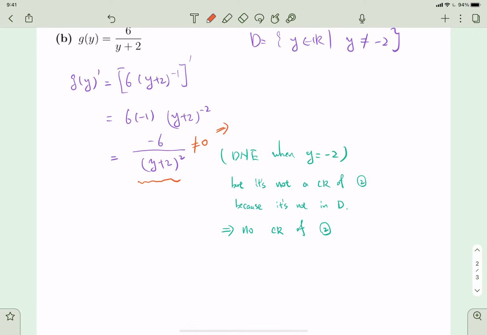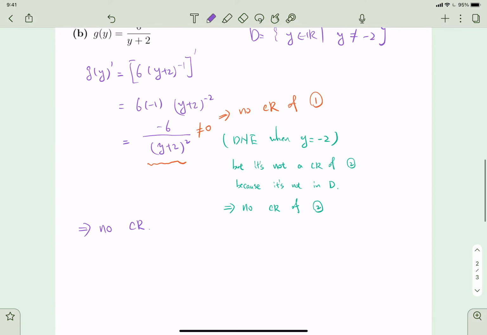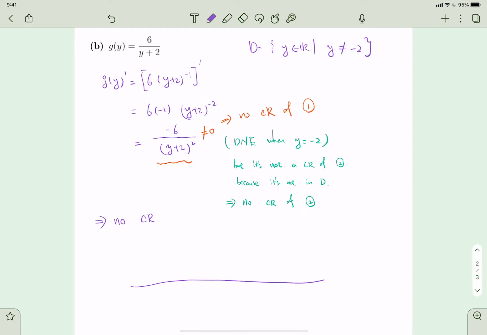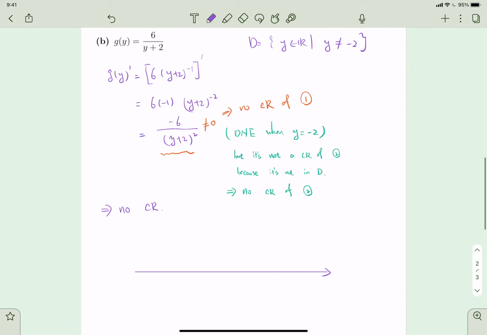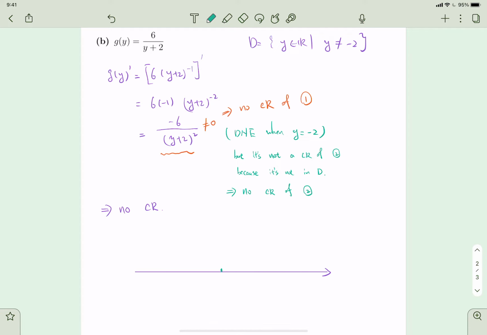Which means that there's no critical number of the first type, right? No critical number of the second type, no critical numbers of the first type. So overall, there's no critical numbers. Okay, no critical numbers. So no critical numbers, but we still need to draw the number line to find out the increasing, decreasing intervals. There's no points to place on the number line here, except for this -2, which is not in the domain,